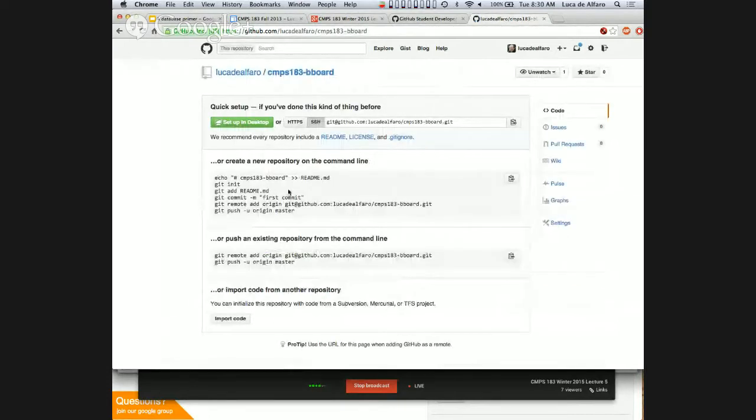Boom, this created a repository. And this is the SSH access address for the repository.